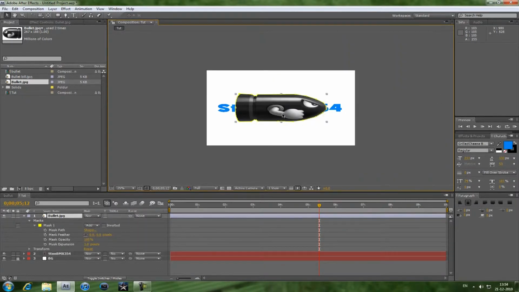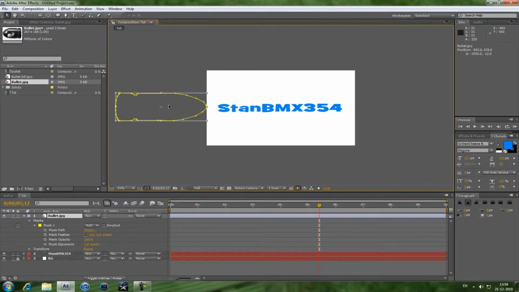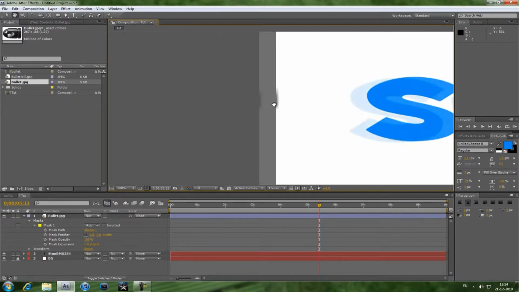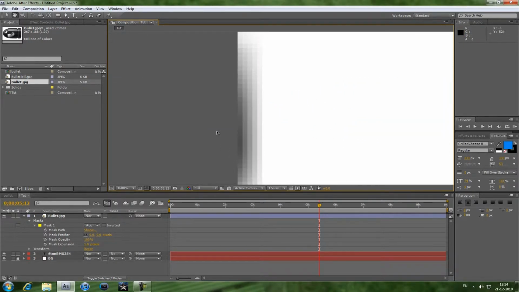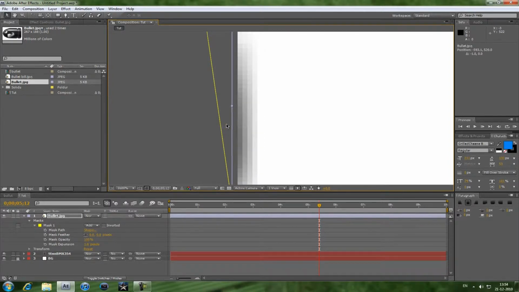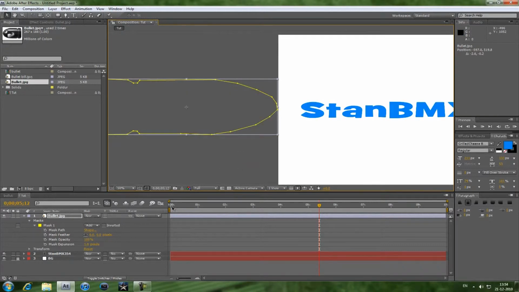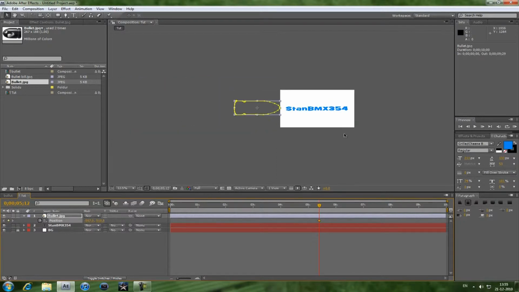Okay, so now place it out of the screen like that. Make sure you can't see any of it. Now here, look, there's still little pixels. So get it out. Use the arrow keys right now. Come on, go away. Okay, so now when we've got it out of the screen, we are going to animate it with the position. So hit transform or just hit P on your keyboard, keyframe the position,